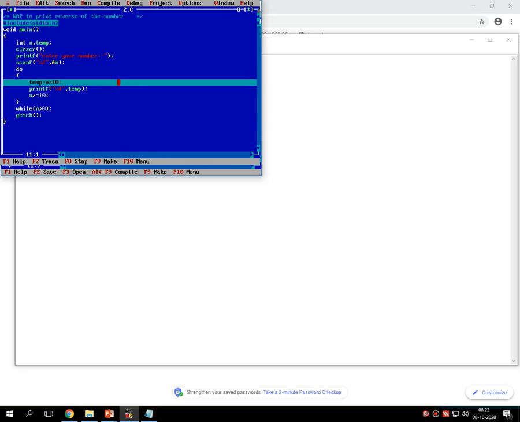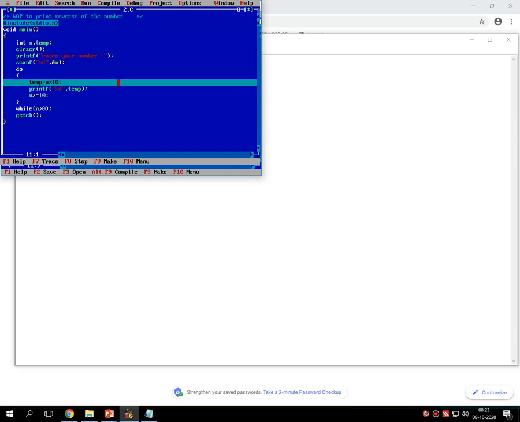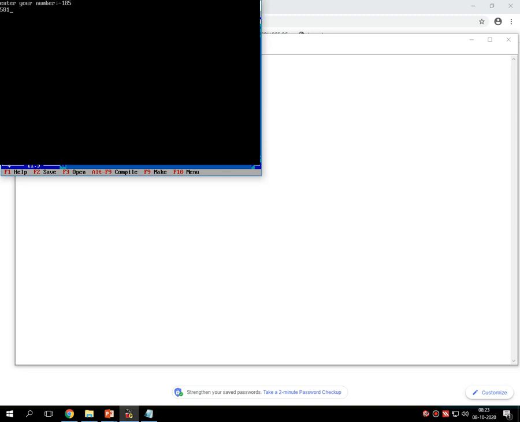Again it searches for the last value. 8 will be searched out by this particular logic. Now 8 will be printed. 8 is removed. Last one is 1. 1 is searched, 1 is printed, 1 is removed, 1 is greater than 0. So it prints 581 as a reverse number onto the screen.